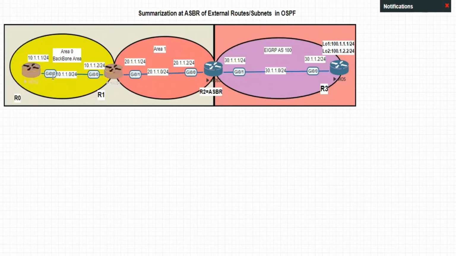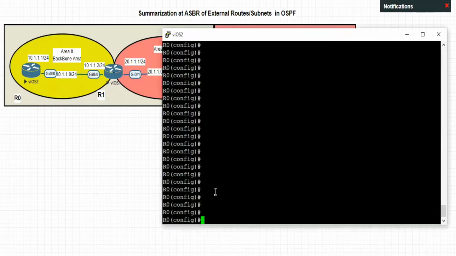I have just 4 routers connected via 10 series between R0 to R1, and the IP addresses have been already pre-configured, as you see. And between R1 and R2, R2 is going to be my ASBR router. So the 20 series IP address has been assigned from R1 to R2, and between the ASBR and the R3 router, we have the 30 series of IP addresses, and this has to be configured for the EIGRP. At the moment, I already have the